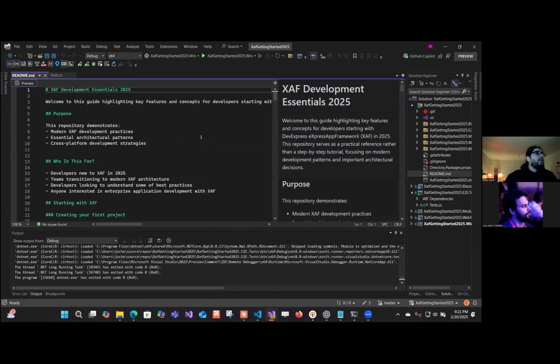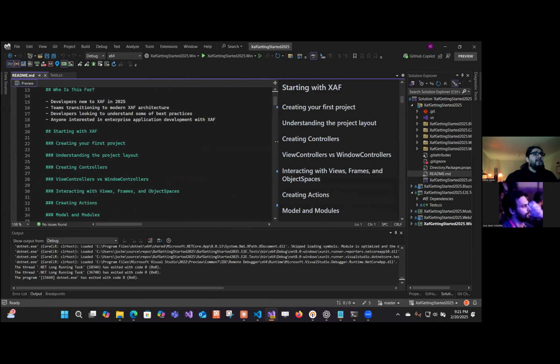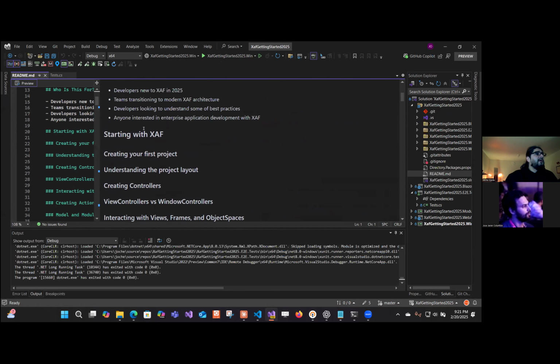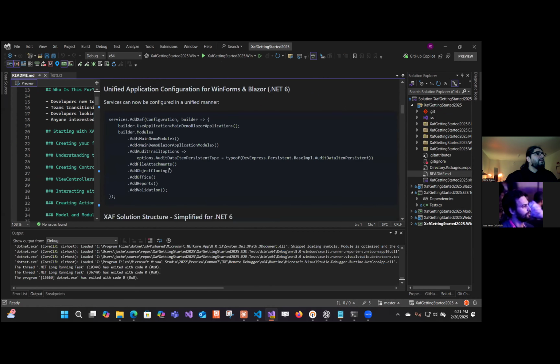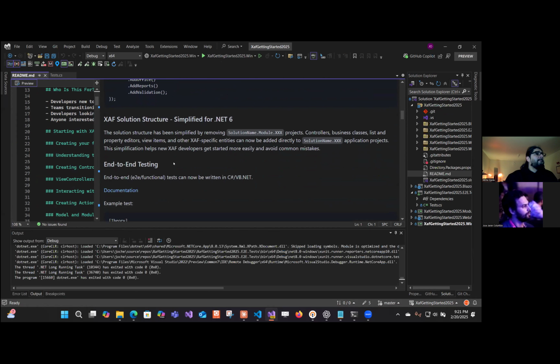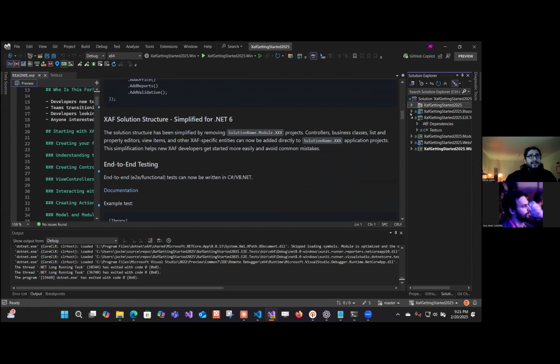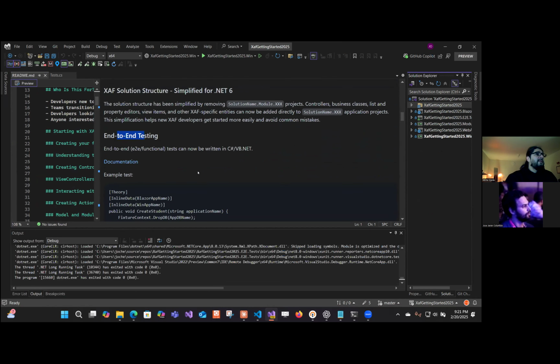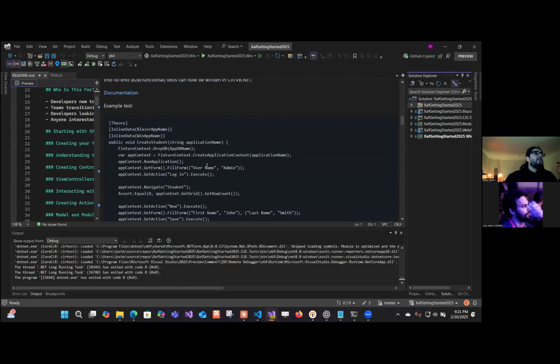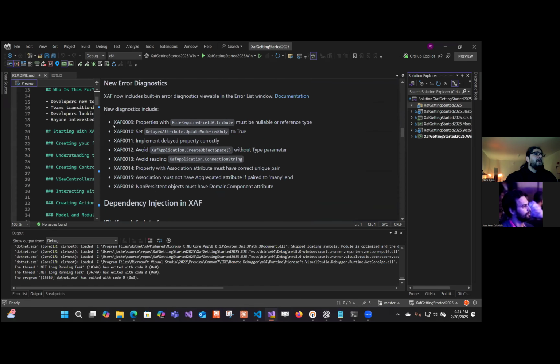Okay, so what else do we have here in the README? We went through almost all of this. Well, the simplified project structure, I already talked about it at the early part of this conversation. Then the end-to-end testing, and then something that we have